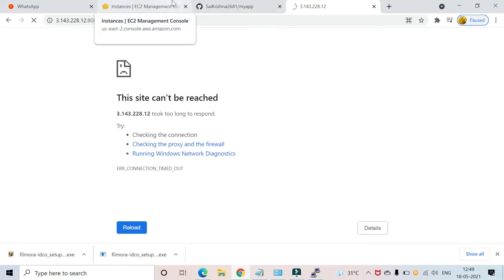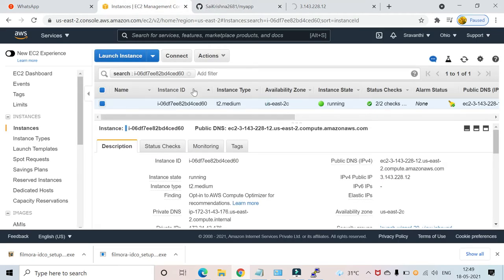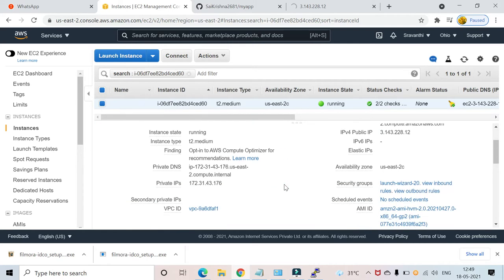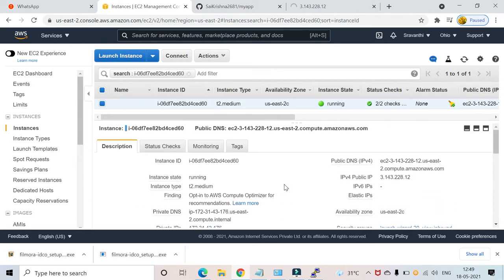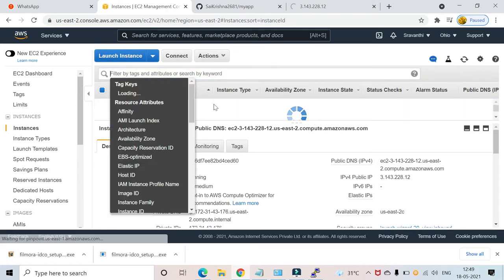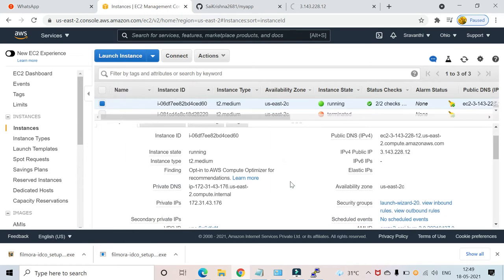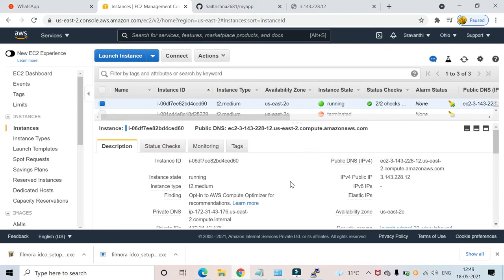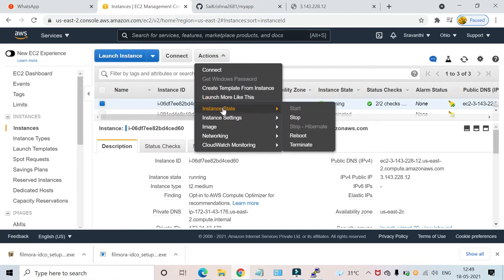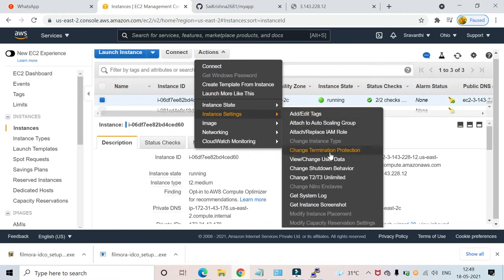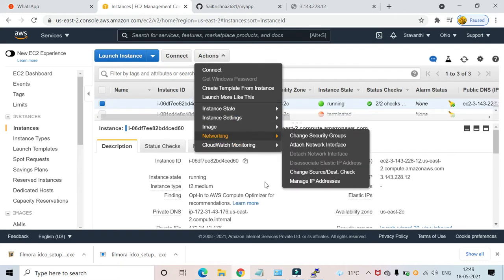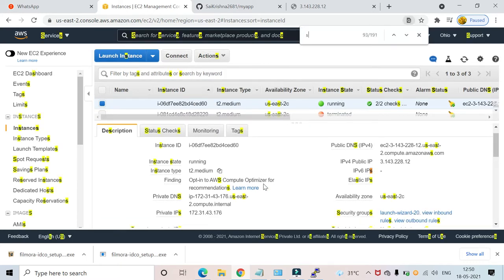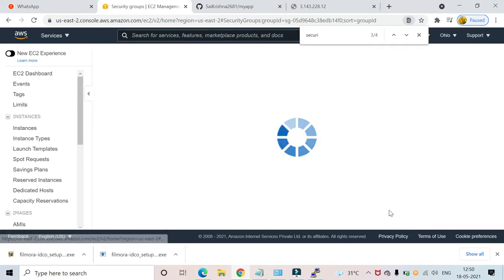Okay, the reason it is failing is because I should give the security groups. That is the reason it is failing. Let me add the security group. Let's attach the security groups here.